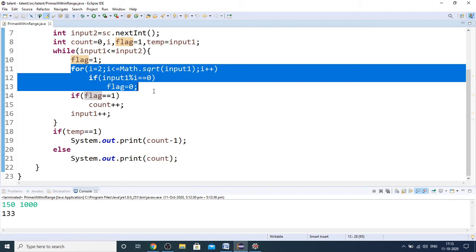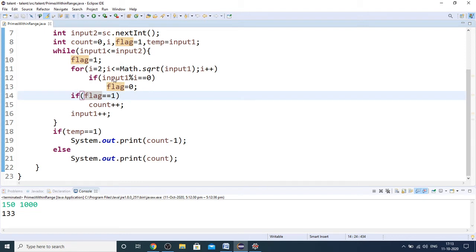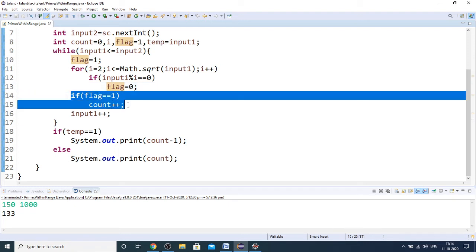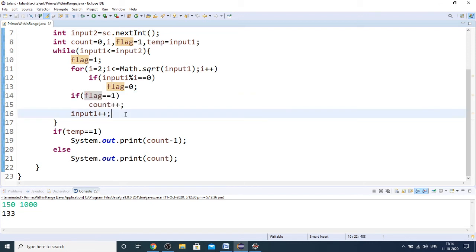And suppose that particular number has a divisor, then I am making the flag 0. So if flag is 1, then only I can say I got one prime. That's why whenever flag is 1, I am incrementing my count. And whatever the number might be, whether it is prime or non-prime, I am supposed to keep on incrementing my input 1 value.